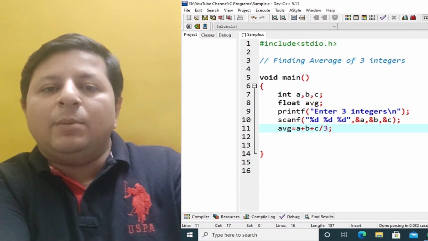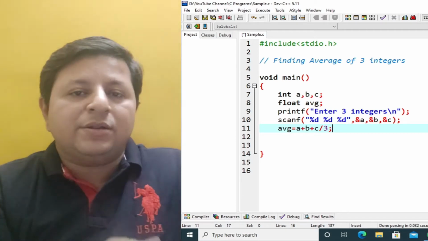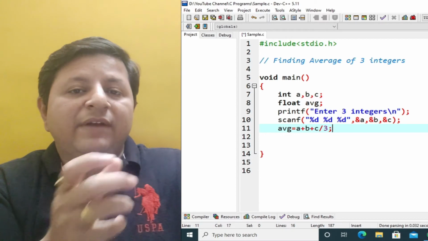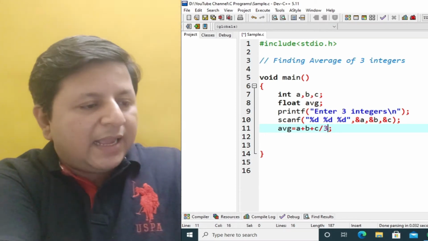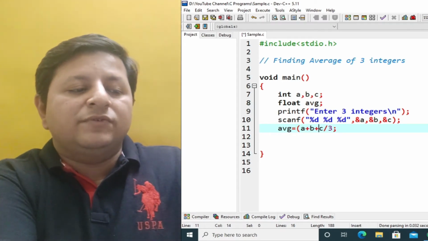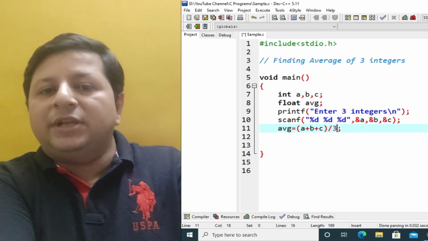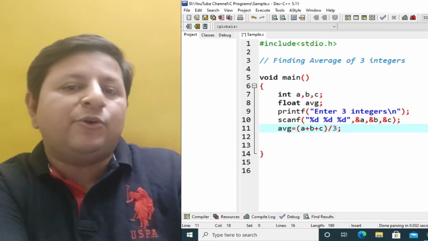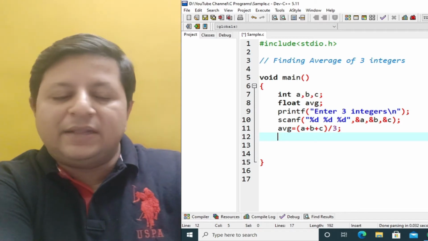That will be the rough way a person would start. But then later on we'll realize that division has got more importance. So I cannot write like this because it will do c divided by 3 first, and that will be further added, which we don't want, and hence we have to provide brackets. So first (a plus b plus c) in brackets and divide by 3. Now if I just keep it as it is, there will be one problem. Let me do it and then I'll show you. Okay, so let it be like this.